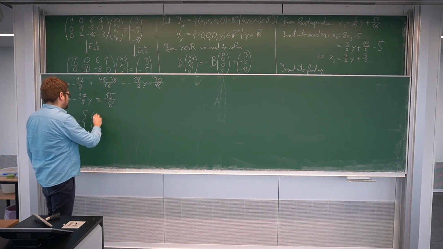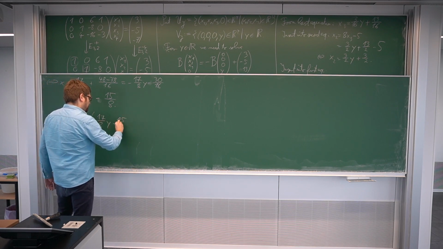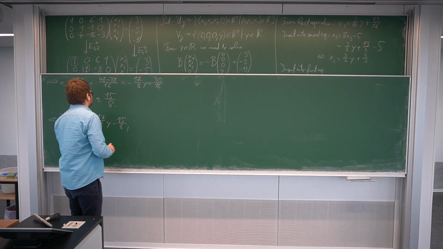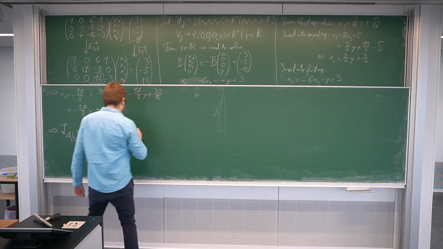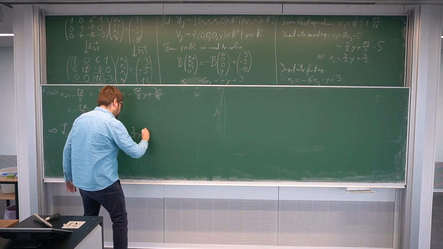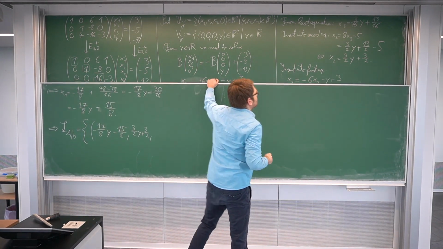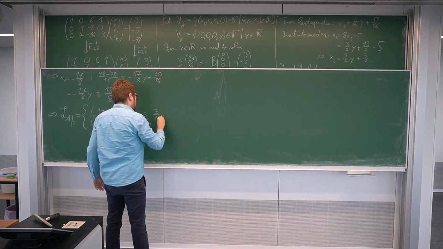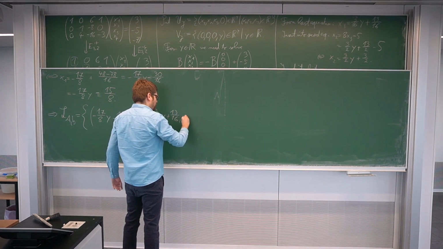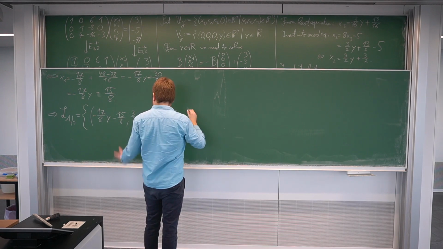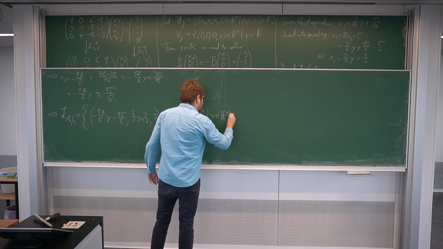In the first coordinate we have this, so minus 17 over 8y minus 15 over 8. Then we have in the second component 3 over 2y plus 3 over 2. Okay, x3 was 3 over 16y plus 13 over 16. And the fourth coordinate is just y. So this is the set of all solutions in R4, where y is just a real number,